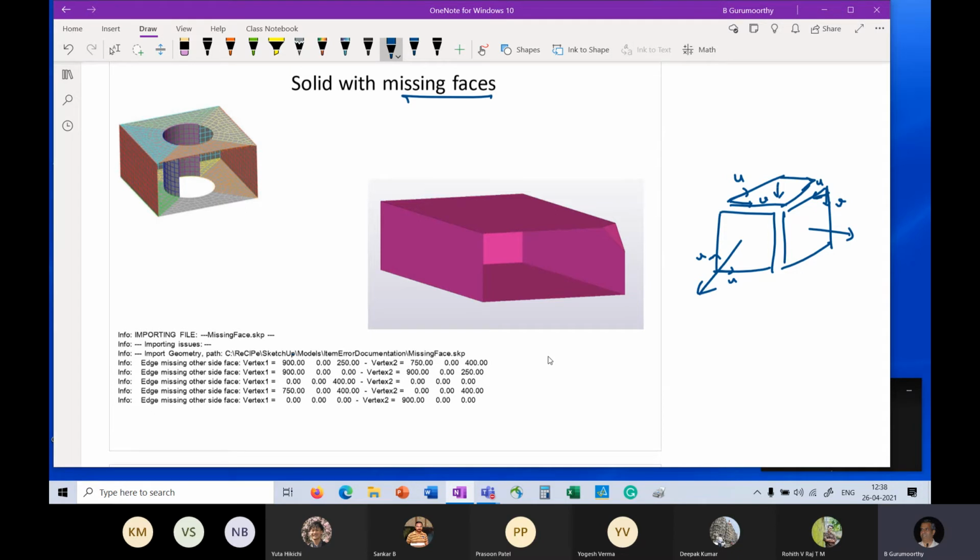How do we identify that I have a problem like this? What can we do? Any thoughts?